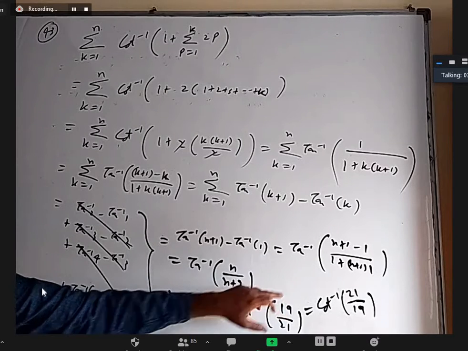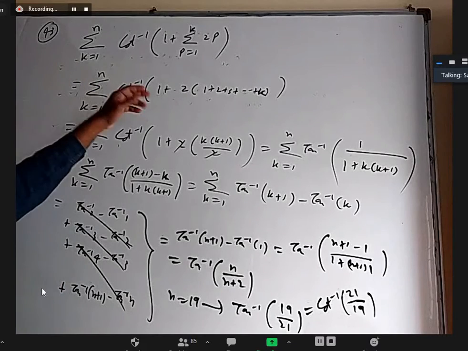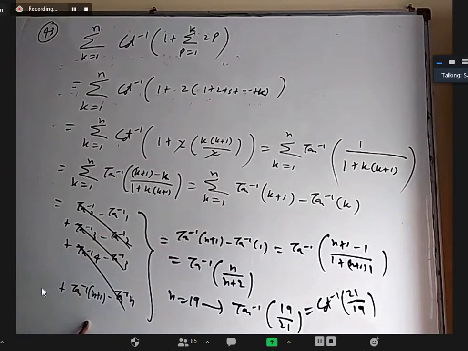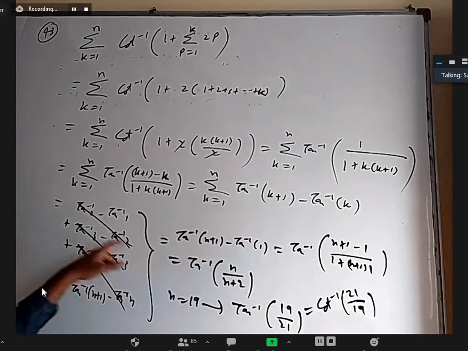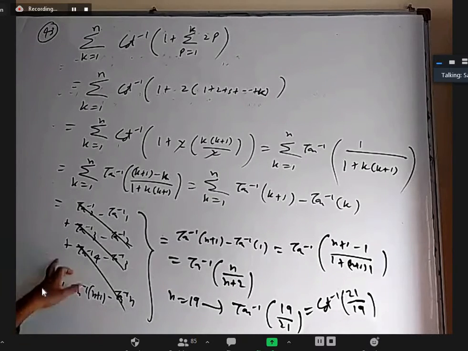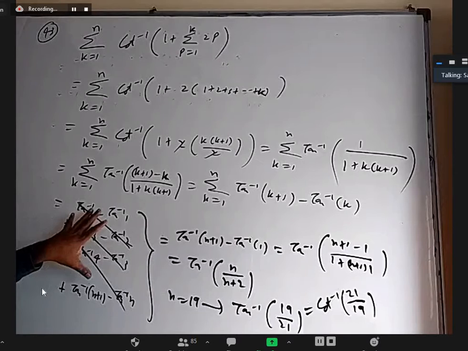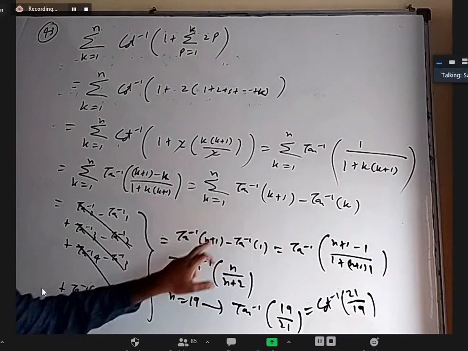No, sir, from K to N that you changed. I changed the question. You are asking from here to here. Before that, I wrote all these things. I kept k equal to 1, that is this step. K equal to 2, that is this step. K equal to 3, and k equal to n. Okay, sir, then they got cancelled. This is what the method of difference is all about, right? Maybe you thought after this step, but actually it is.